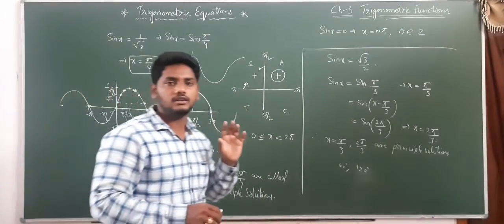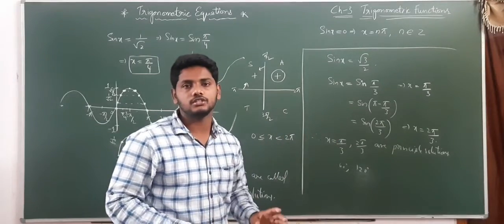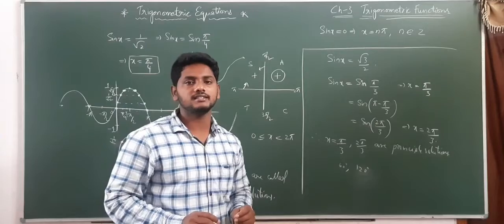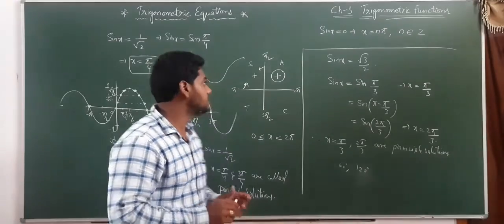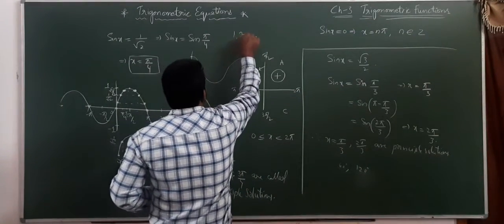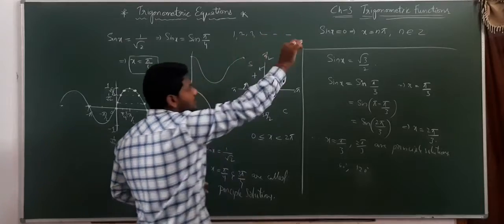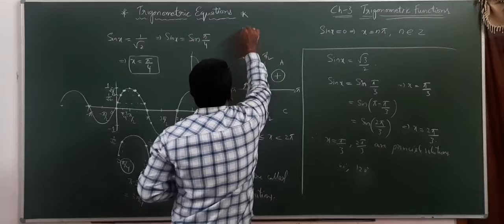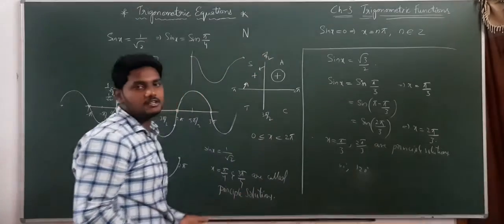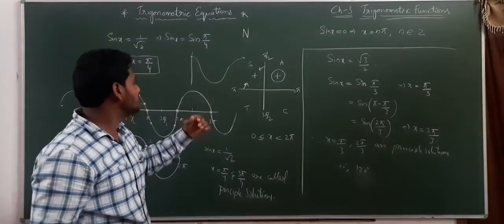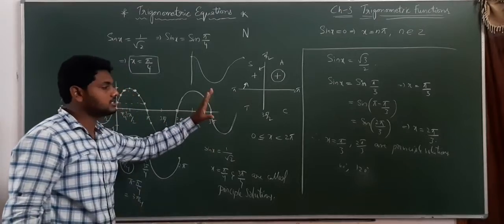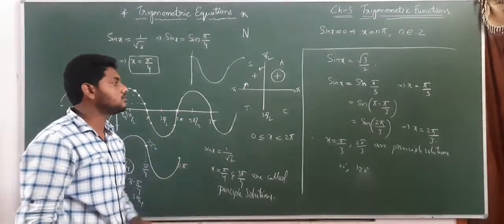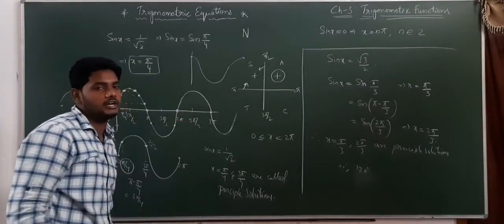Now, to write all those infinite number of solutions in terms of one particular solution, that we will consider as the general solution. For example, here 1, 2, 3, 4, 5, 6, 7, all those are natural numbers. So instead of writing all those, if we represent with capital N, that is nothing but the set of all natural numbers. Like that, to represent all the solutions, we have one term, that is the general solution. The general solution we will discuss now. Until then, pause the video and note it down.